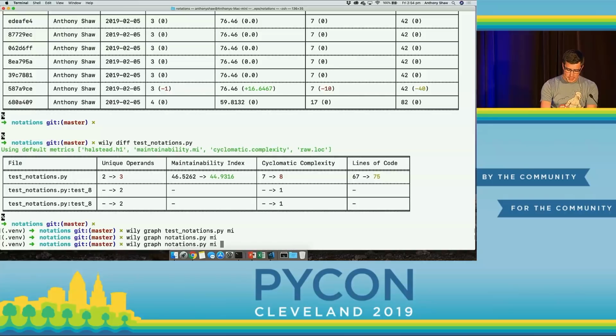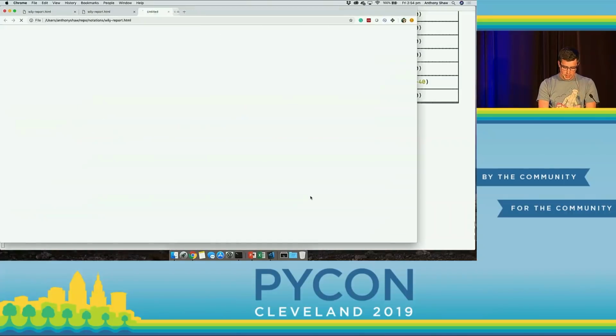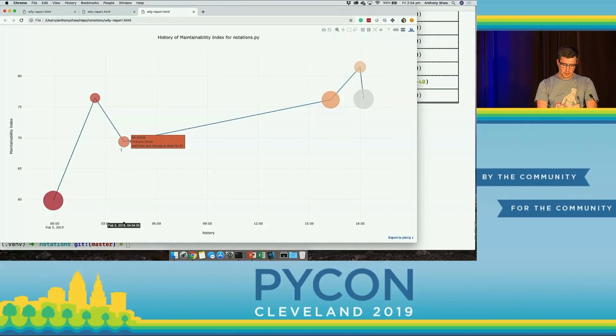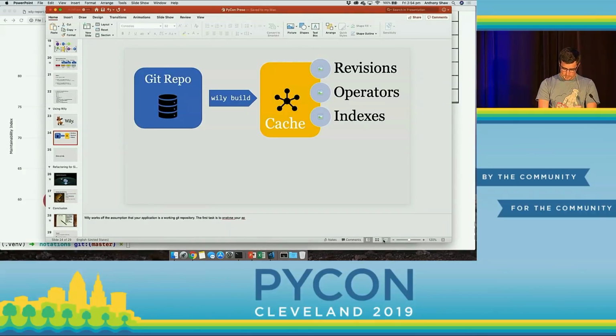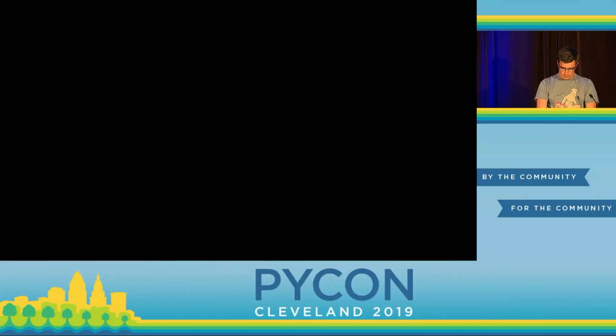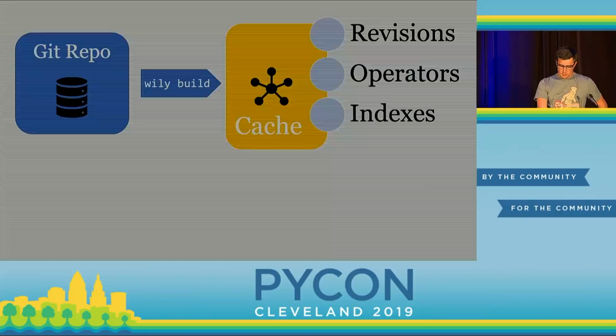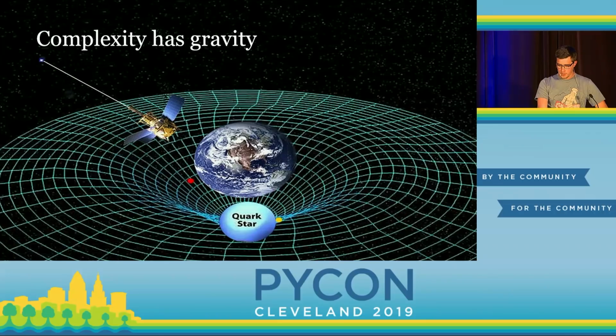And then lastly, you can combine metrics together. So if you wanted to look at maintainability index and lines of code, you can give it multiple measures, and it will add a second metric as the bubble size. So I can basically look at how my code has changed over time. Okay, so using Wily, you can track the complexity of your code, and then you can start to refactor it